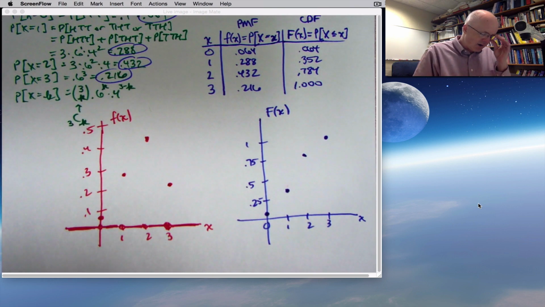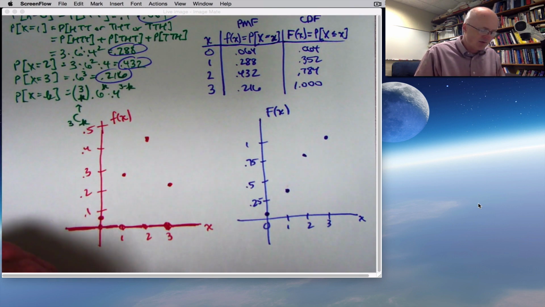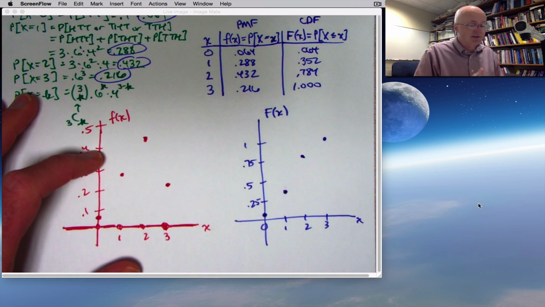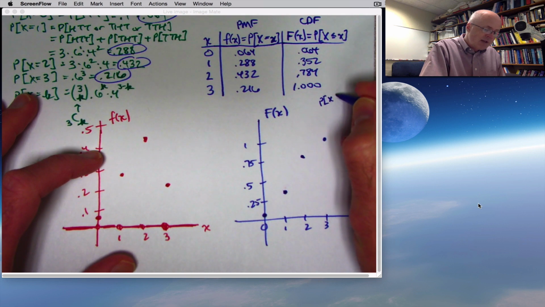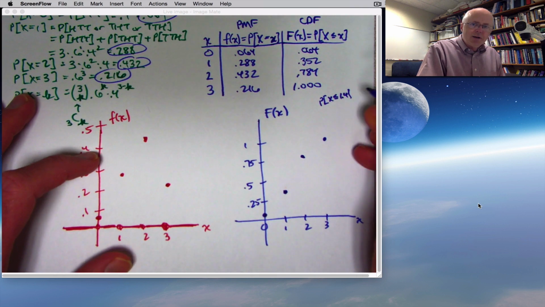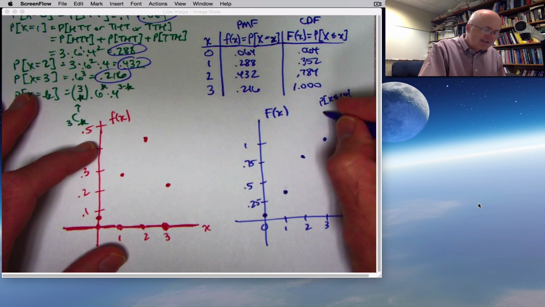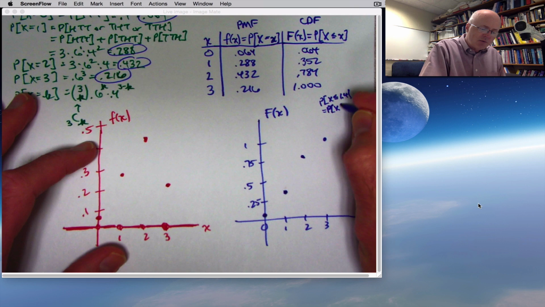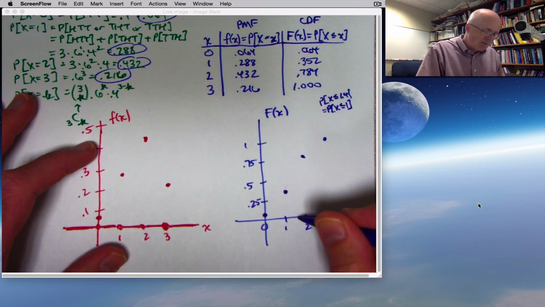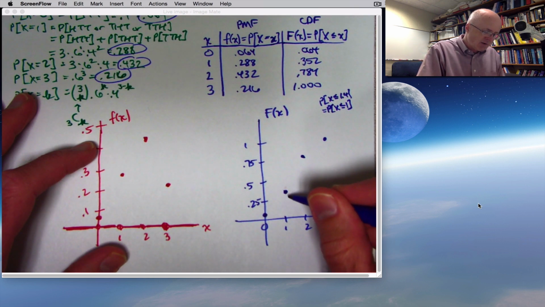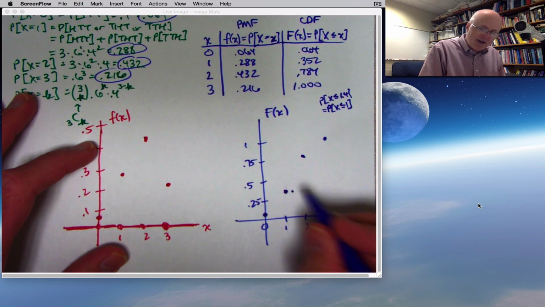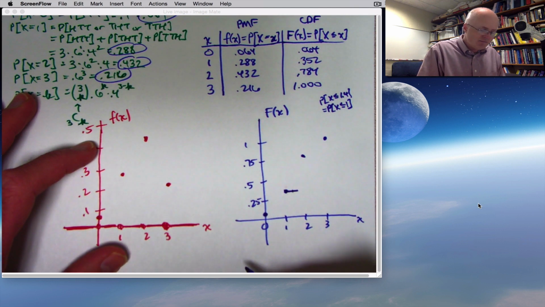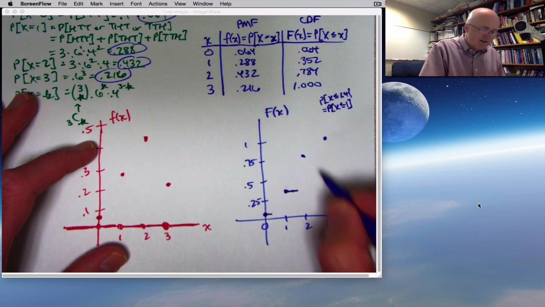What should we do if we're going to draw this for all real values of little x, however? It's not going to equal 0 for those other values of x. For example, what is the probability of capital X being less than or equal to, say, 1.4? It can't equal anything between 1 and 1.4. That is the same as the probability that it's less than or equal to 1. So its value at 1.4 is the same as its value at 1. It's the 0.288. In fact, it's got to be a horizontal line in here, and down here, and here, and